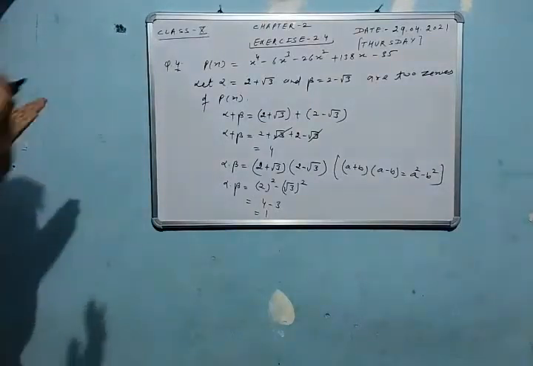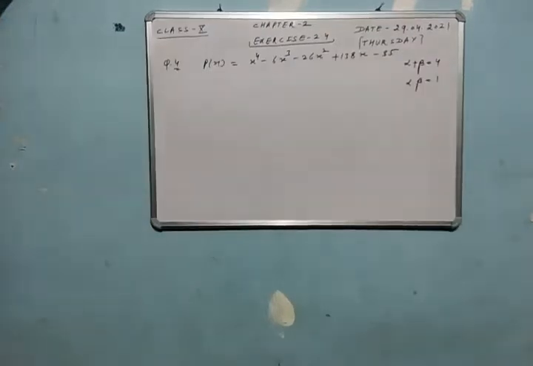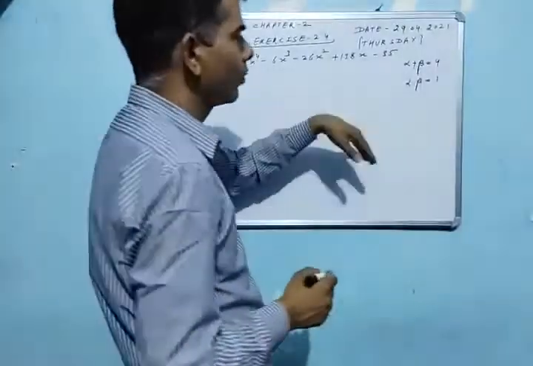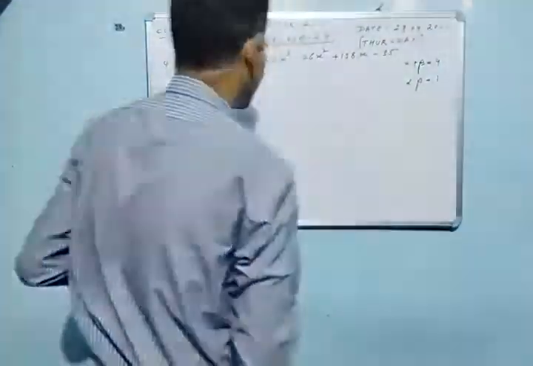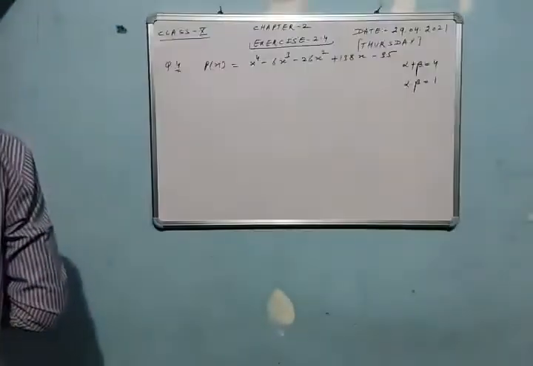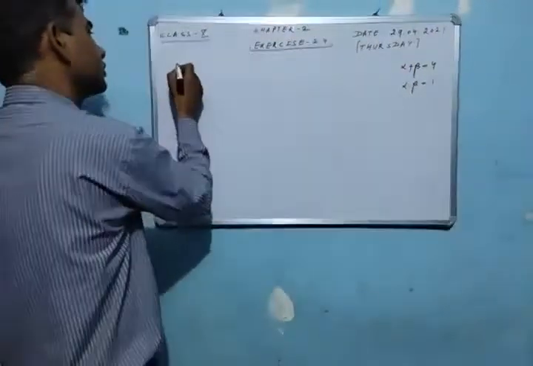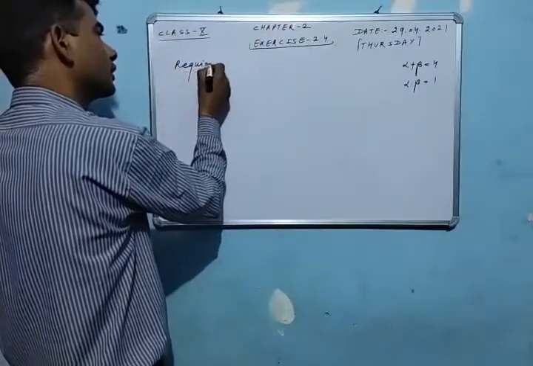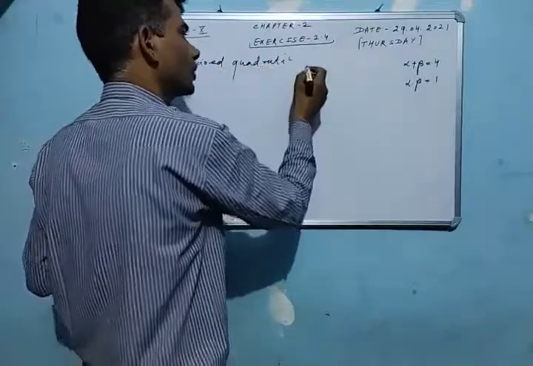Now we will make a quadratic polynomial by using the formula. We have already obtained the sum of zeros: alpha plus beta is 4. Alpha into beta is 1. Now the required quadratic polynomial will be